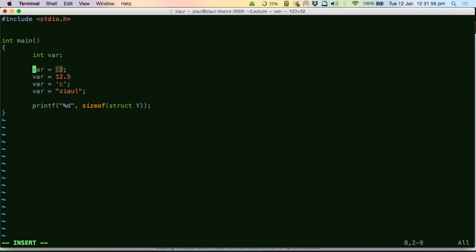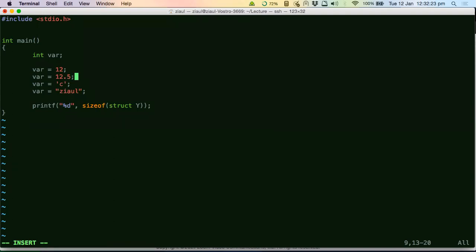That just updates the value of the variable, sir. It updates, but is this allowed in C? This is not allowed, right? Because the right-hand side always has to match the type of the variable on the left-hand side. If I store 12.5, will 12.5 be stored? No, right? What will be stored? 12, right?